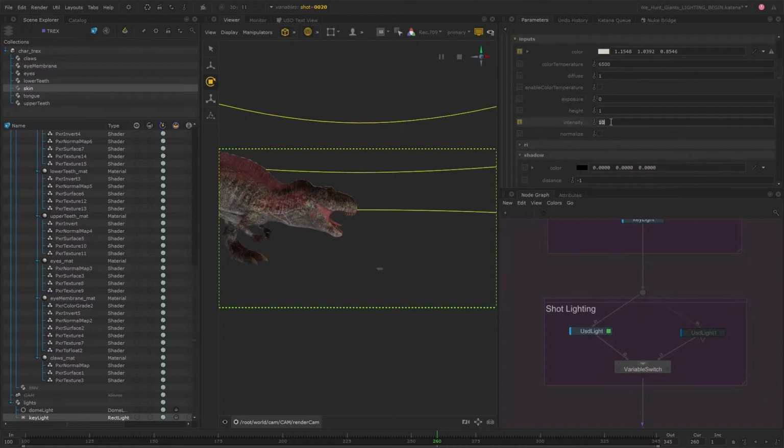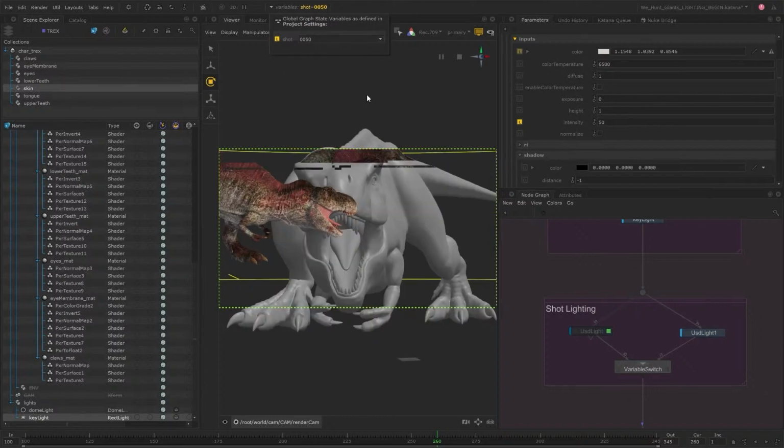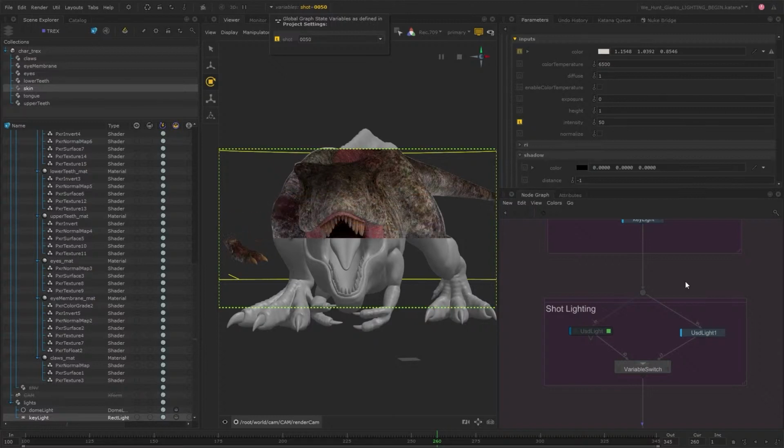So we can now jump in and make changes to this. So for example, I'll just change this quite drastically so we can see that change. Let's make it even more obvious. There we go. So now we've increased that light intensity just for this shot, and we can see that reflected in the render. And then if I switch to my other shot, so you can still make use of the same sort of multi-shot workflows as before, while utilizing USD in your